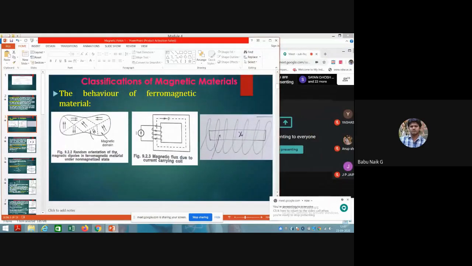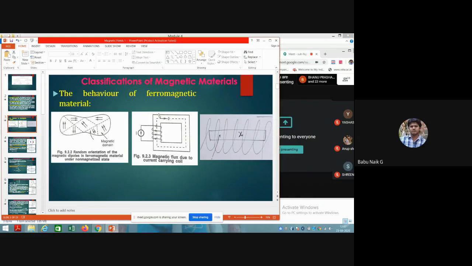So when we apply the external field onto this ferromagnetic material, all this movement of dipoles, before applying that, will have random directions, either to this side or this side. When we apply the external field, all this random direction of the dipole movement will come to one alignment, completely in one particular direction. So this will have the complete field strength, that ferromagnetic field strength which produces the flux here.